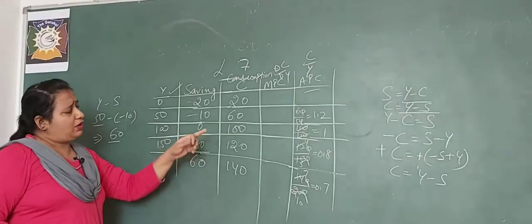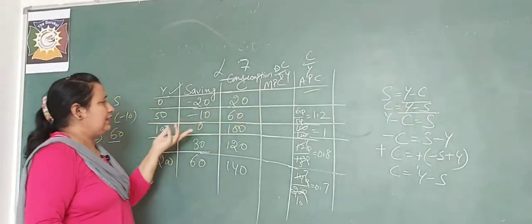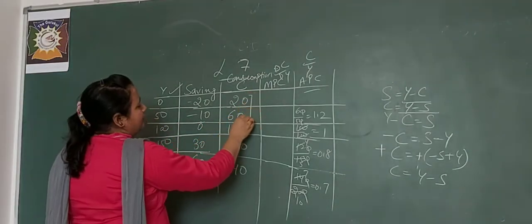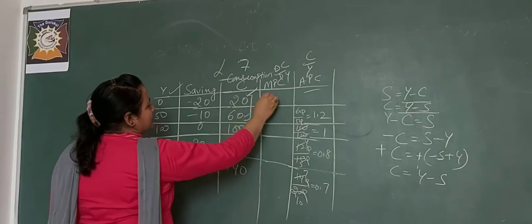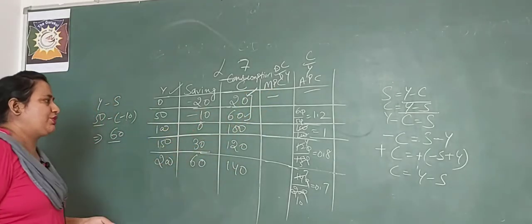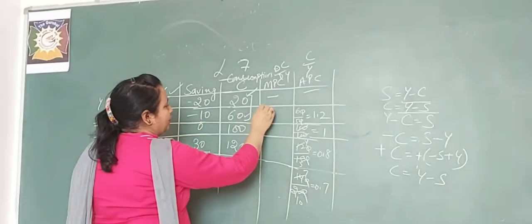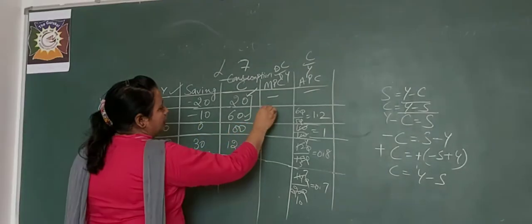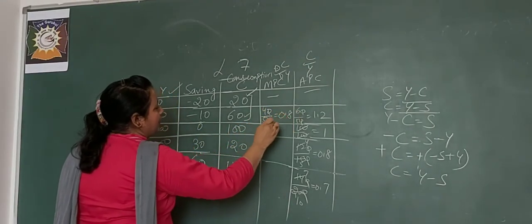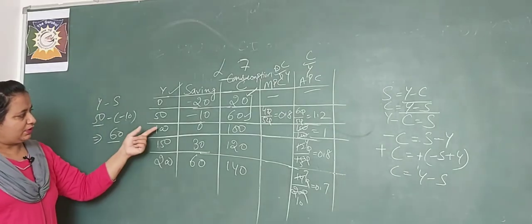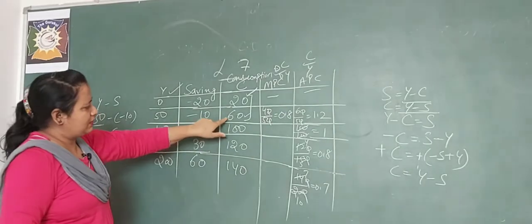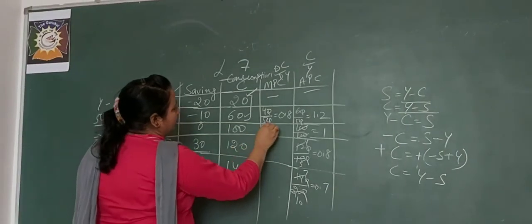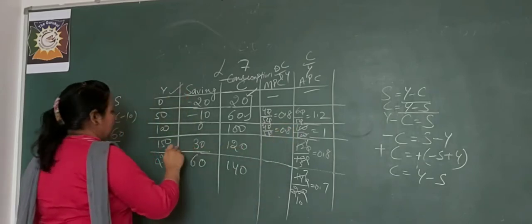Now what I have to do? Now I have to find MPC. Let us start. Delta C upon delta Y. Show the changes. Changes is here. पहले कितना था 20, now it is 60. First will be initial, delta, delta means change. तो यहाँ change कितना आया, that is 40 upon change in income, that is 50. आगे आंसर, it will be 0.8. Next change 100 minus 60, that is 40 upon 50, it means 0.8.